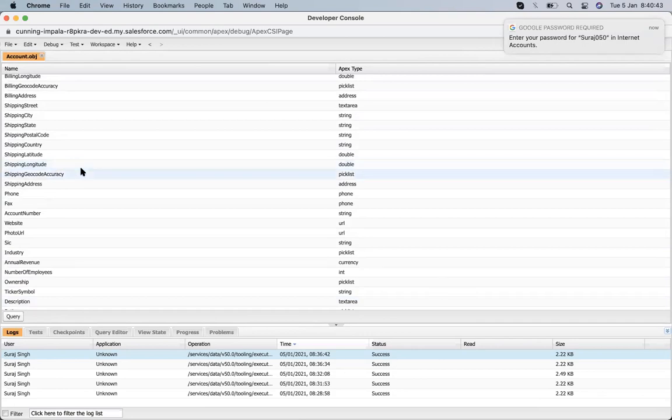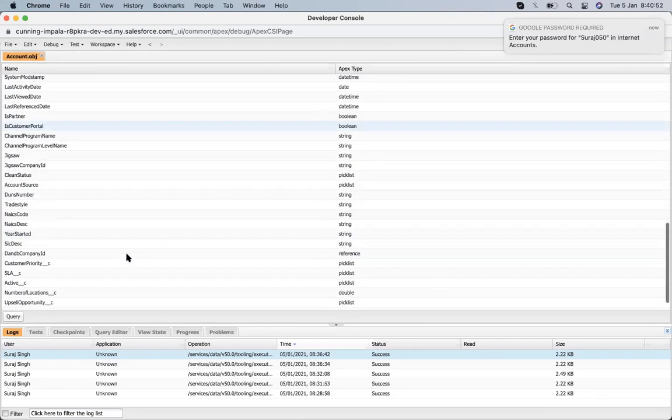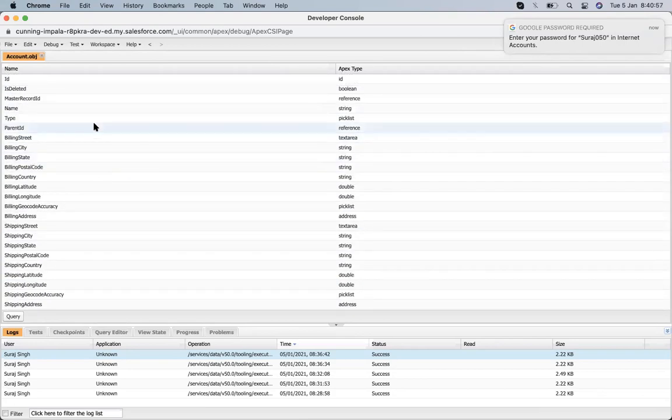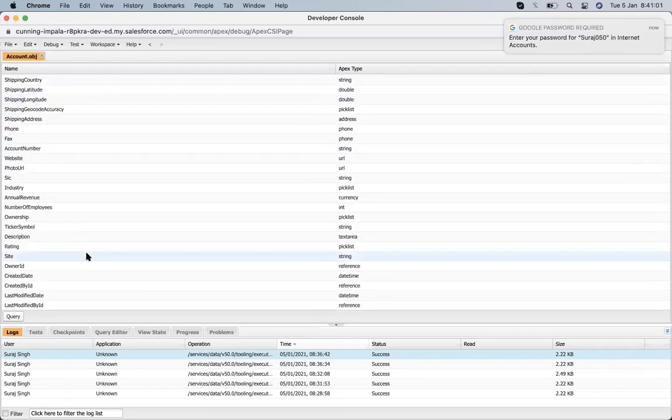While working as an admin, the label is important, but as a developer, the API name is important. So whenever we open an object in the Developer Console, it opens and shows all the field API names up here. The important thing is our second tab, the Query Editor.